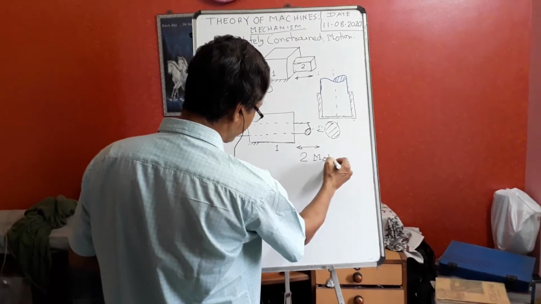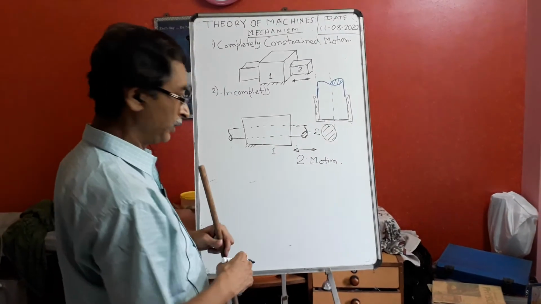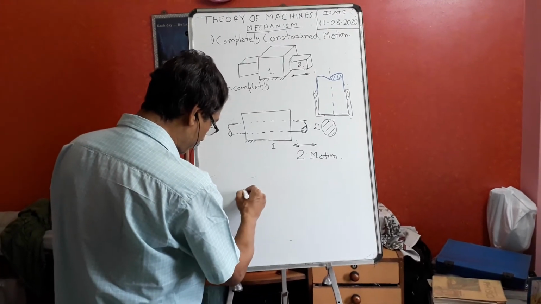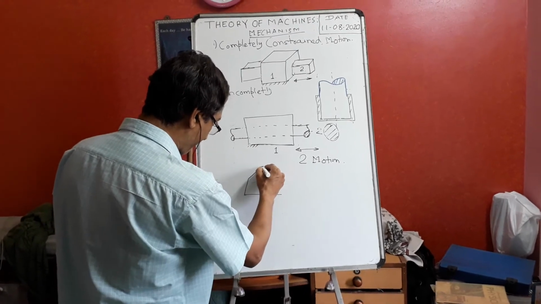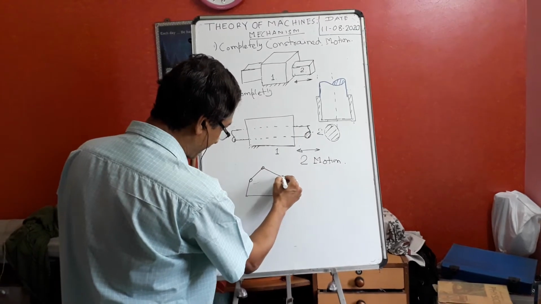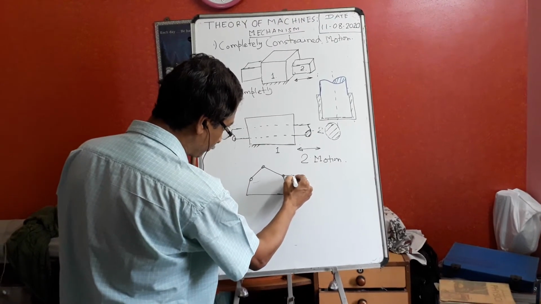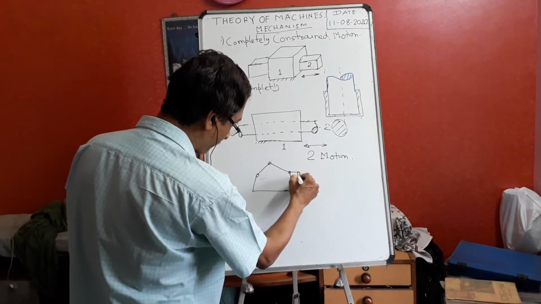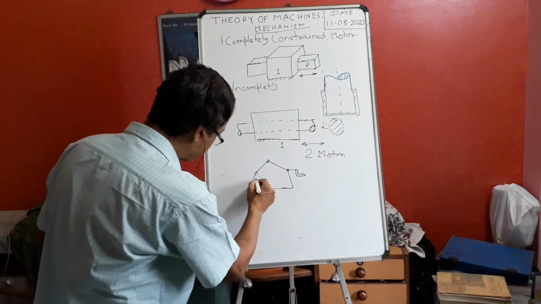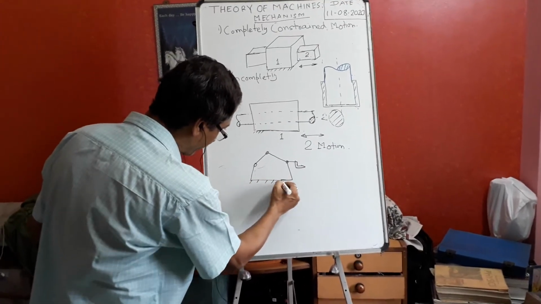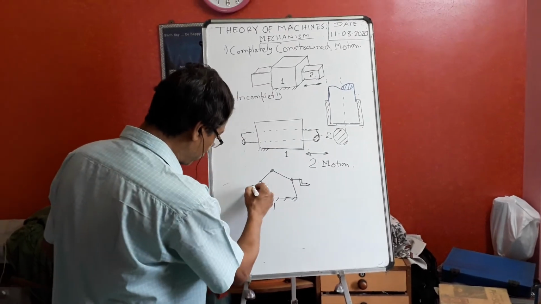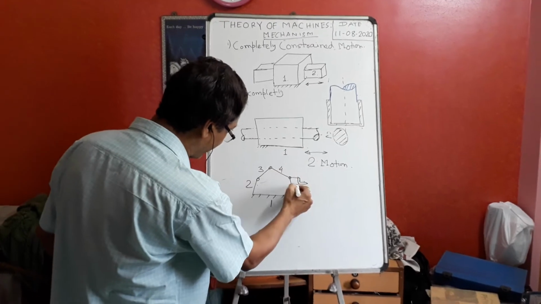Now in a mechanism, this is one basic concept I know. Suppose there is one mechanism, and I have attached a tool here. So I connected one tool here. This is my component. So this is the ground, which is component one. Generally we take the ground as one component. This is link 2, this is link 3, link 4 and link 5.